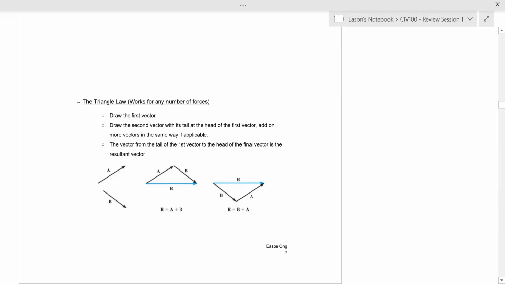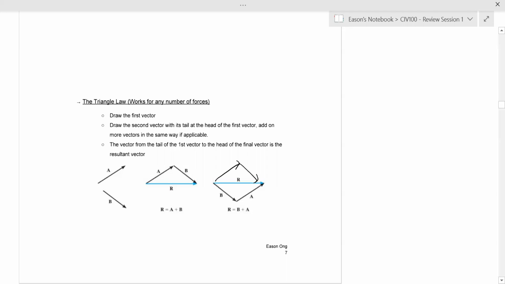Our prof said we should never use the triangle law. Well, the triangle law is really just the parallelogram law, right? If I add these two sides together, that is the parallelogram law. The difference between the parallelogram law and the triangle law is that in the triangle law, I can do, yes, it is not possible in the physics aspect. It is merely a tool for you to find the resultant force, right? So the parallelogram law is like an extension of the triangle law, but the disadvantage of the parallelogram law